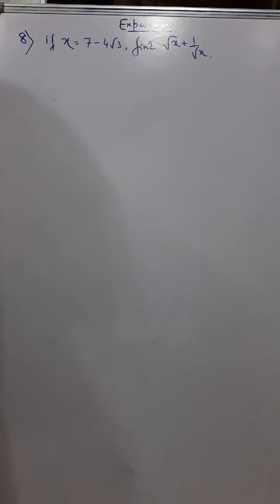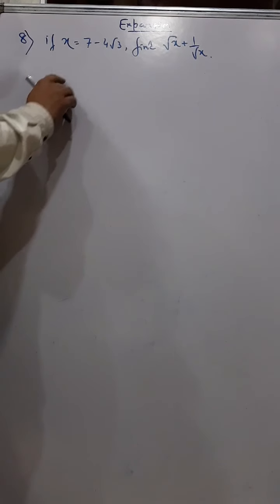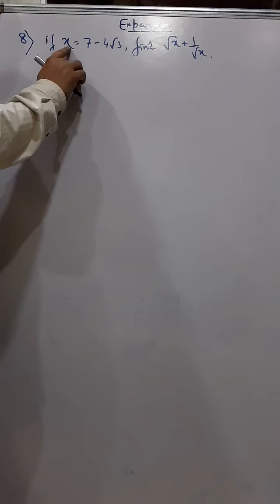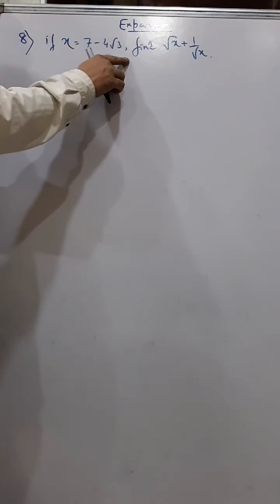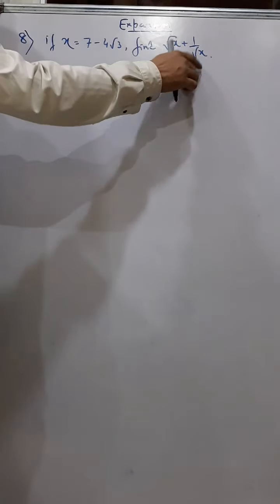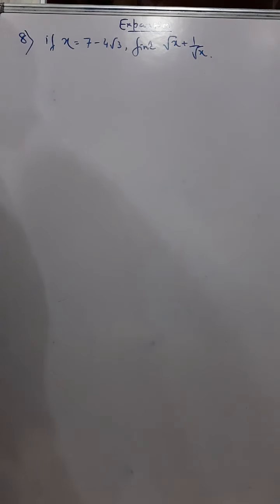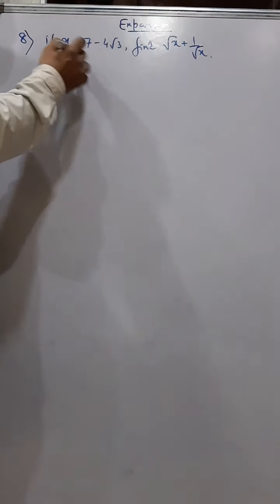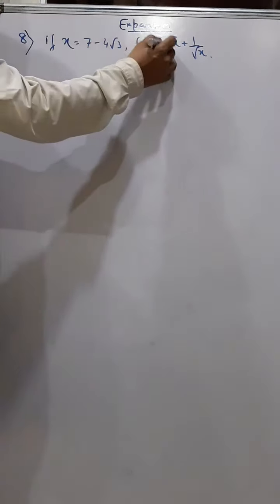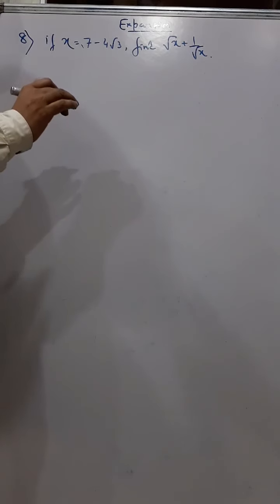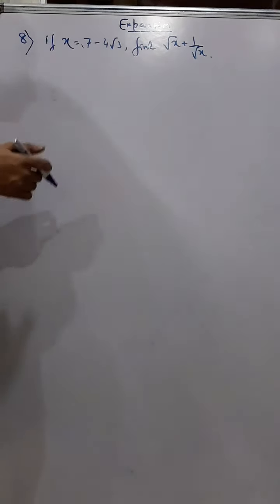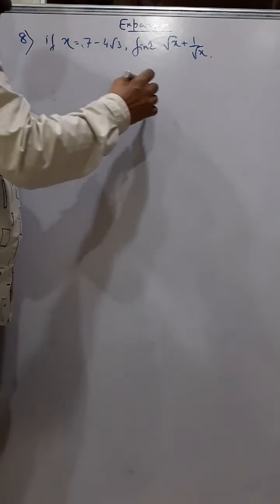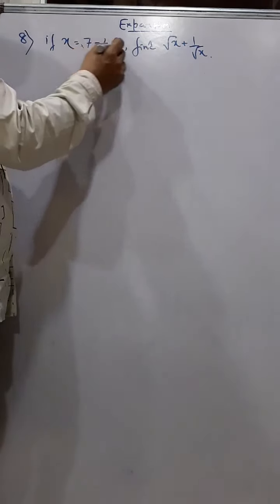Okay, now this sum is very important. Understand it properly. Not very difficult. Now if x equals 7 minus 4 root 3, you have to find root over x plus 1 by root over x. Now many of them think that x is given, so I have to find root over of this, and it becomes very complicated. It's not like that. Now for that I am just explaining you some back calculation types. See why we will find something else. The first thing is that x is this.